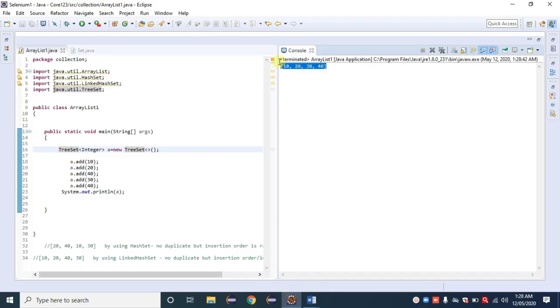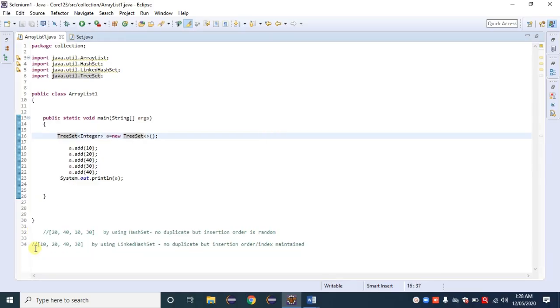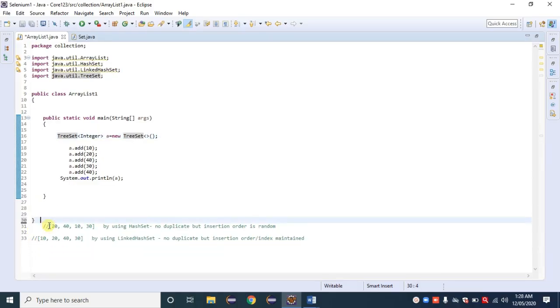This result we get by using a TreeSet. So no duplicate, with ascending order.